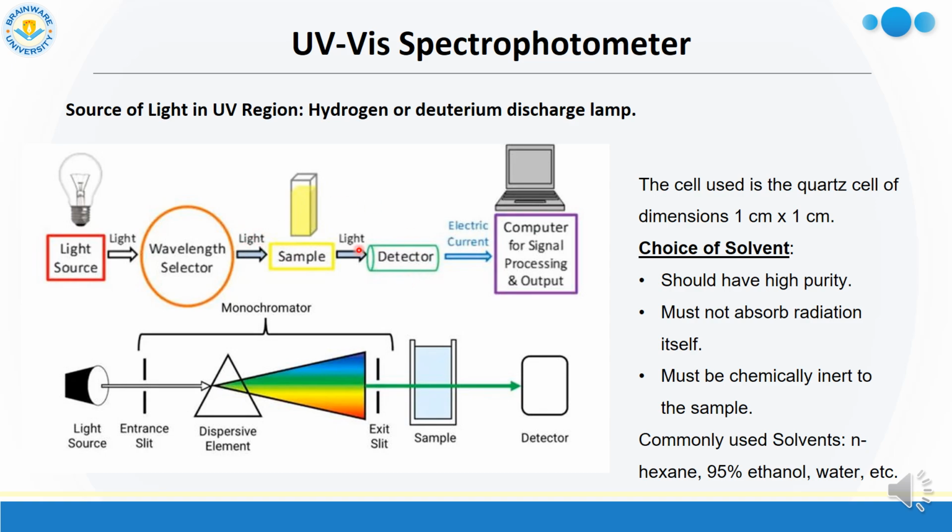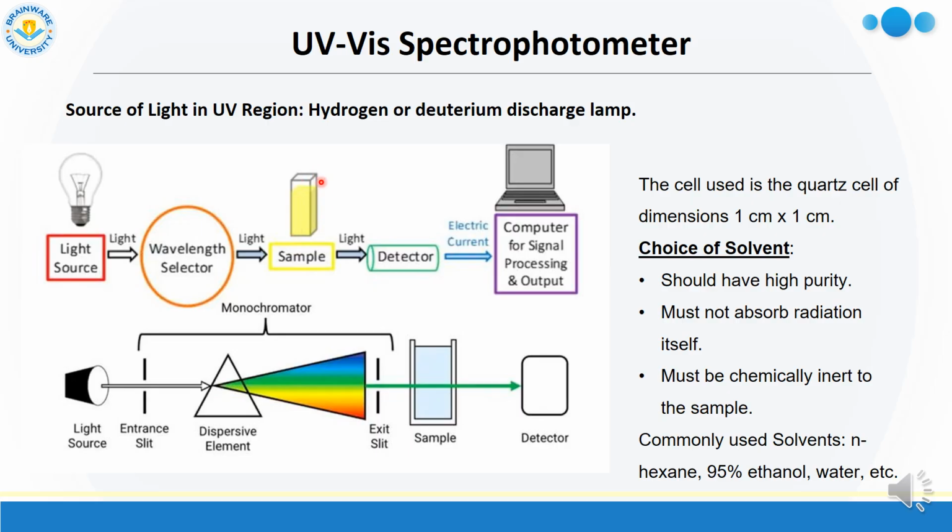Now, this light, after some amount of it is absorbed, the rest of the light is known as transmitted light. This is the detector, and this is the computer for signal processing and output. Now, in this cuvette,